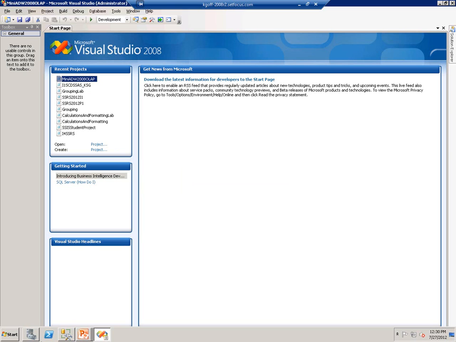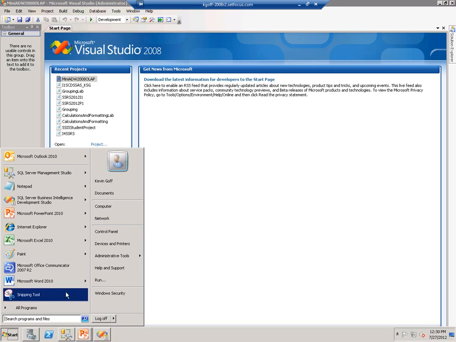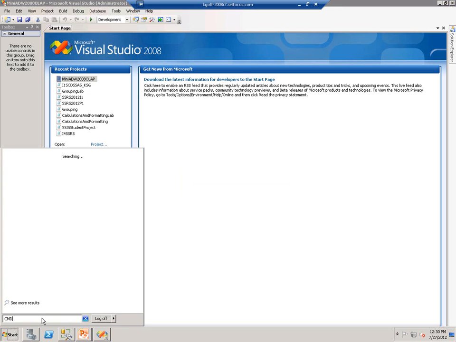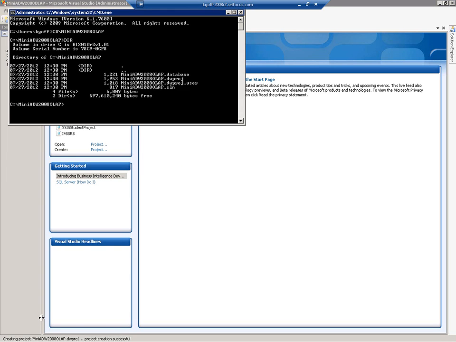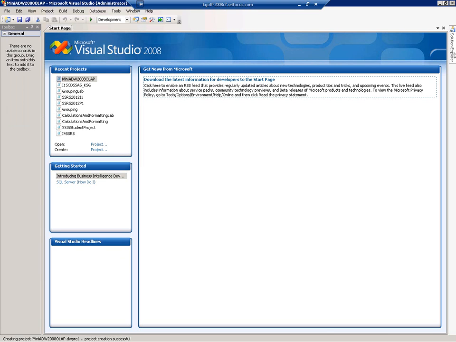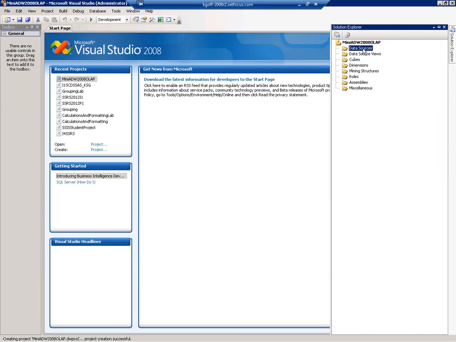If I go back out to a command window and look for that folder, well, I now have a folder out there, and it has an empty solution and an empty database. Now, obviously, these are empty files. I haven't done anything yet. Well, I'll go over to Solution Explorer, and I see the different areas that we need to fill in to